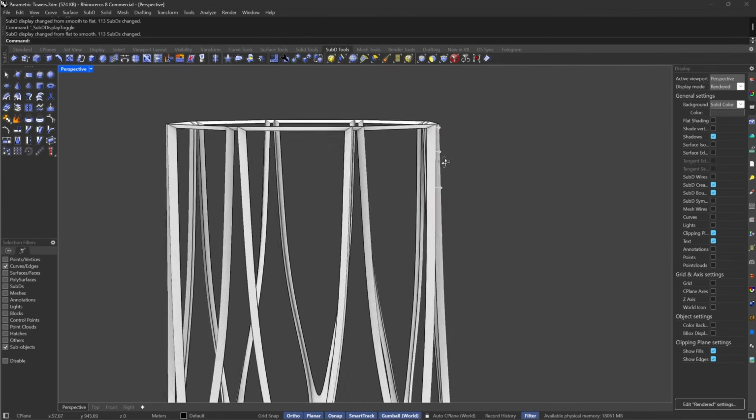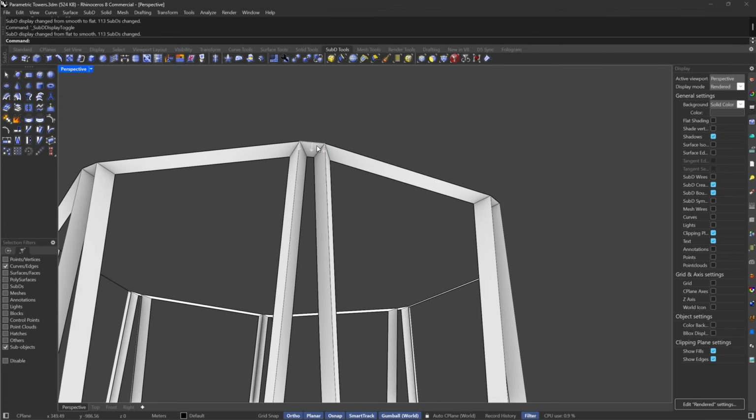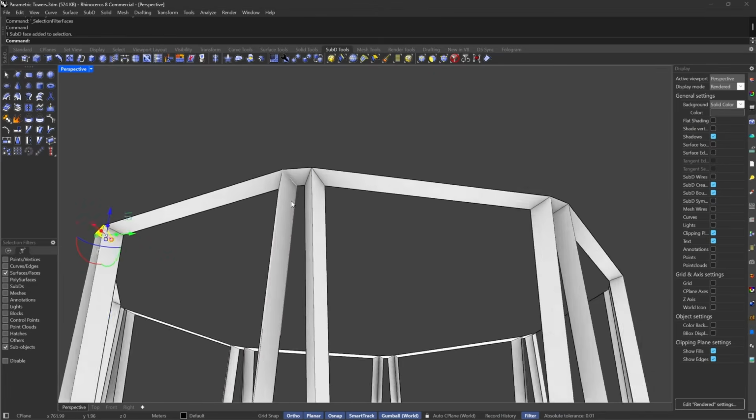Okay, in this one I'm interested to do something a little bit different, so I'm going to eliminate those small ones,